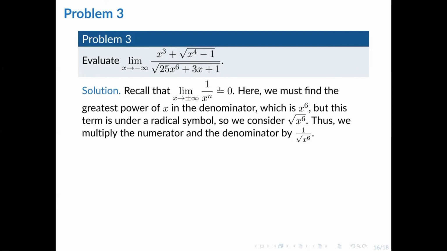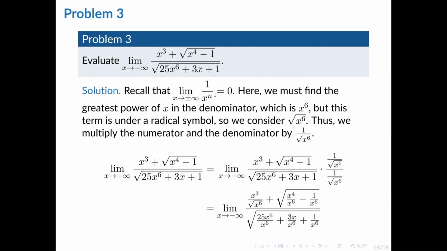Multiplying both the numerator and the denominator by 1 all over square root of x raised to 6, we will get the limit of this function, the last line, as x approaches negative infinity. So what we want to happen here is we want expressions to be equal to 0